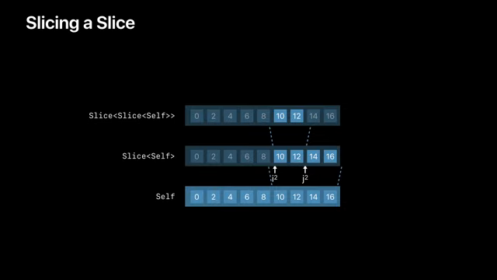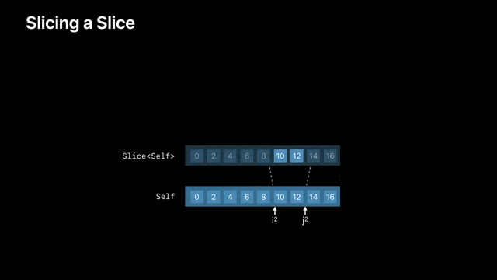However, it doesn't have to be this way. Remember that the slice types use the same indices as their underlying collection, and they also know about their underlying base collection. So when we slice the slice, we can take those new indices, i2 and j2, bring them back to the original base collection, and form the new slice from there. Now what this does is it means that when you slice a slice, you get something back of the same slice type, effectively tying off the recursion. This is exactly the same behavior we saw with substring,